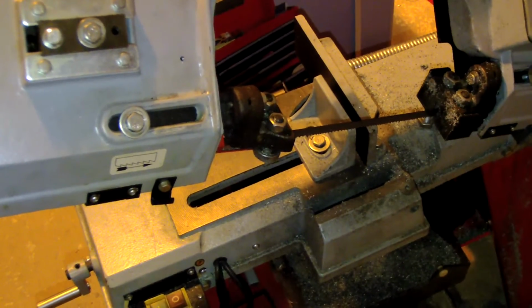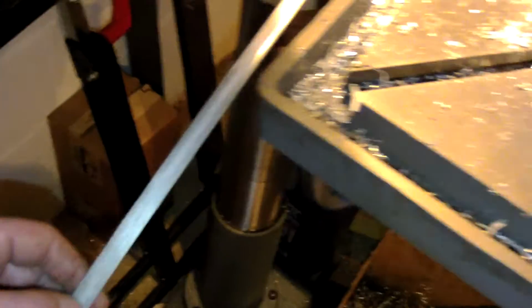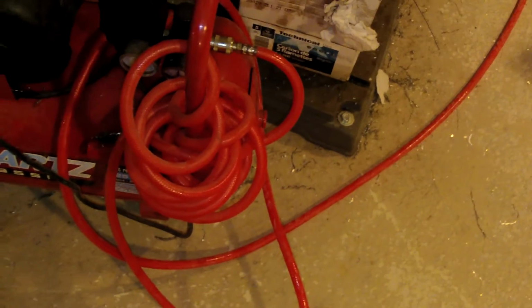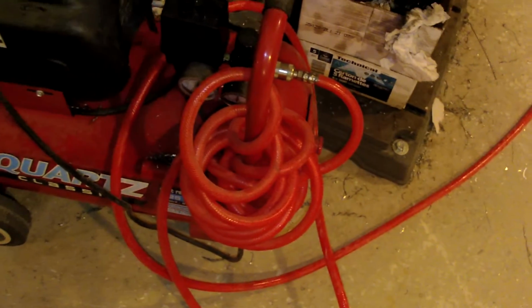And last week I was working on the CNC machine, and I was leaving my bandsaw alone, and as you can see here, I broke it because there was a lack of oil. So